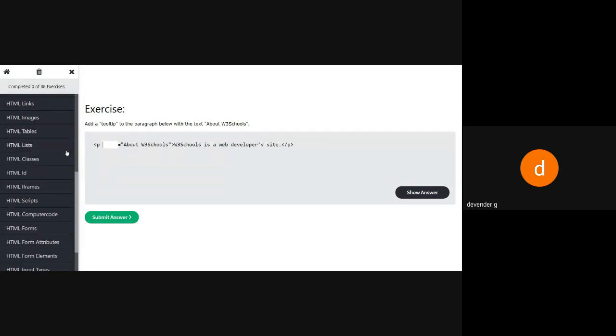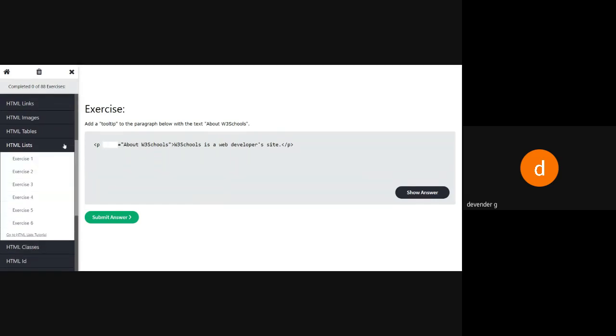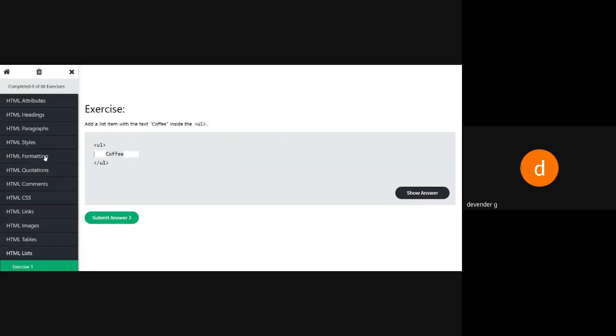So now, this morning we have completed links, images, and tables. So we'll see about lists. List exercises we'll see. Now another list we are using. I want to display the coffee as a list, so what do I have to write? What is missing over here? LI, sir. Yes, LI is missing. We have already covered this; it's just practice for us.